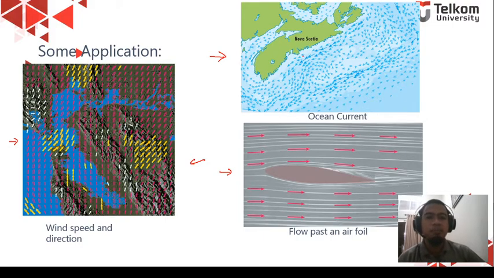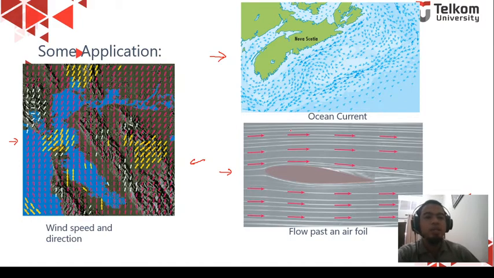In the next example, this is the ocean current. Here, this direction is represented as a vector. With this vector, we can predict the power of the ocean. For example, when the condition is a tsunami, we can predict the power of the tsunami using the vector, or using the line integral for the vector.